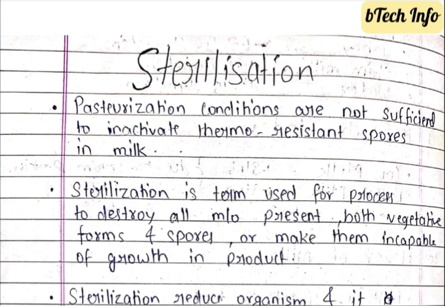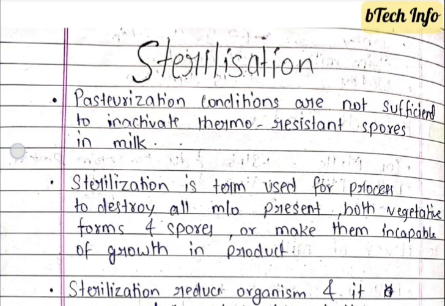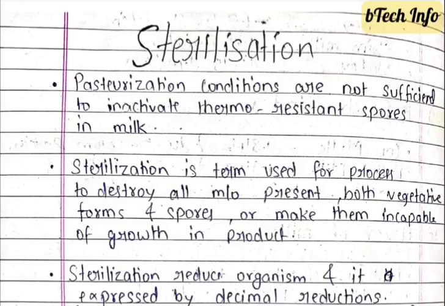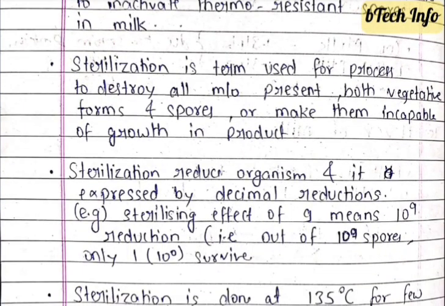So sterilization is the term used for the process to destroy all the microorganisms present, both vegetative forms and spores, or make them incapable of growth in the product. Sterilization reduces the organisms, and it is expressed by the decimal reduction. An example is a sterilizing effect of 9, which means a 10 to the power 9 reduction. That is, out of 10 to the power 9 spores,